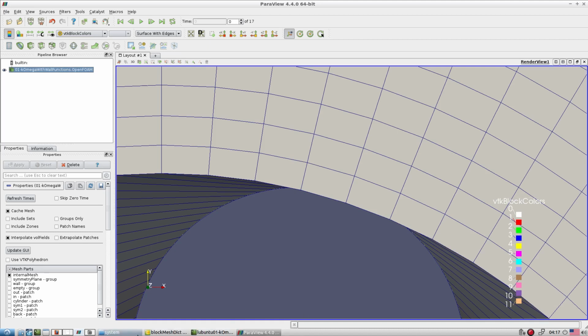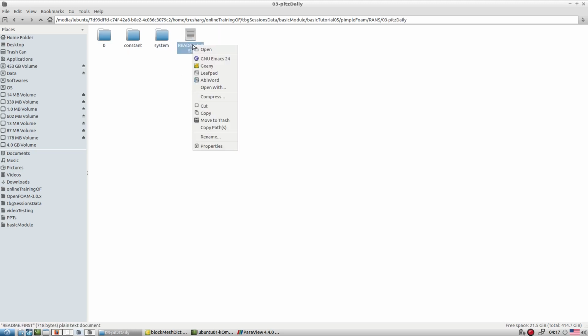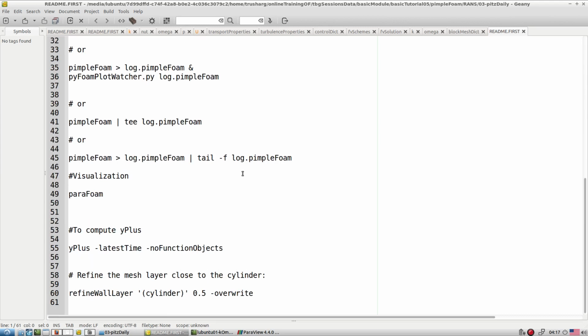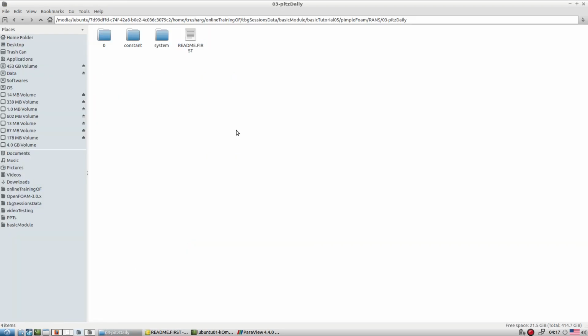So with this you are able to simulate without wall treatment. I suggest you look at both cases and try to simulate based on your available time. Then I kept a few more test cases, so you just follow all these things and try to simulate the test case and get a feeling for how it is progressing, whether it is diverging or converging. If it is diverging, make it work by tuning the inner corrector, outer corrector, and changing the relaxation parameter.